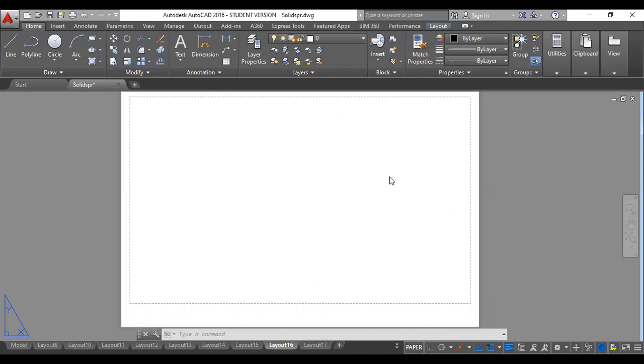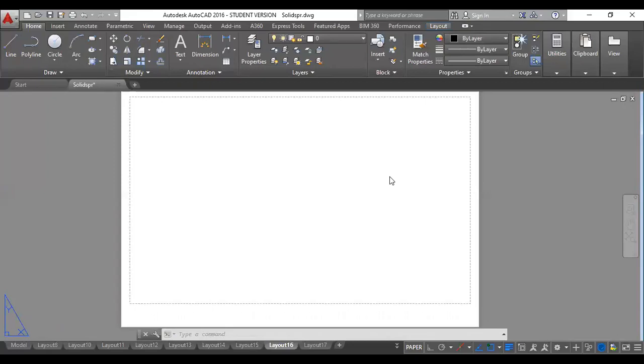In today's session, I am going to show you how you can draw isometric drawings using the AutoCAD software. So that is what today we are going to learn. You know the basic procedures and settings in the AutoCAD software, which you can go through in the previous videos which I have uploaded, where I have explained how to do the basic settings and page setup in the software.